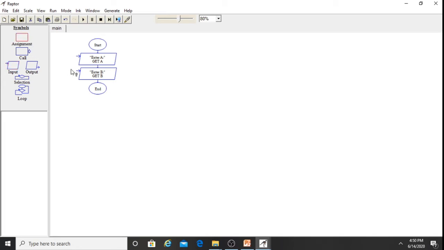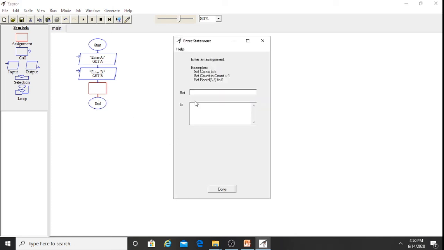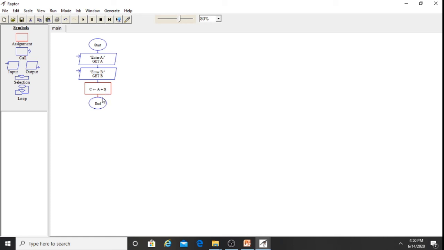So drag this symbol and drop here, right click, edit. We want to store the result in C. So C, and what to store? A plus B. Done.